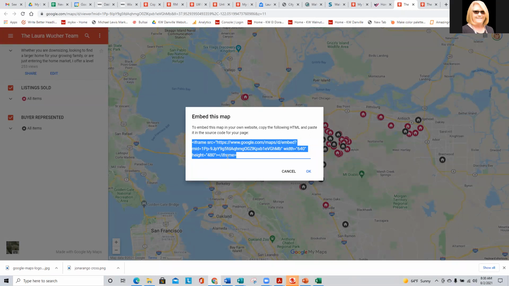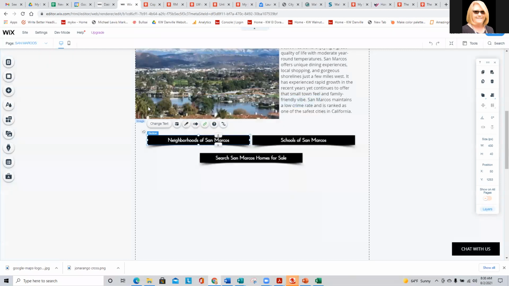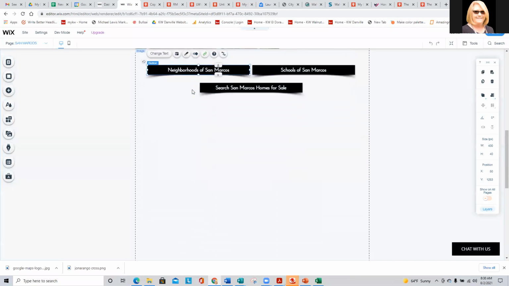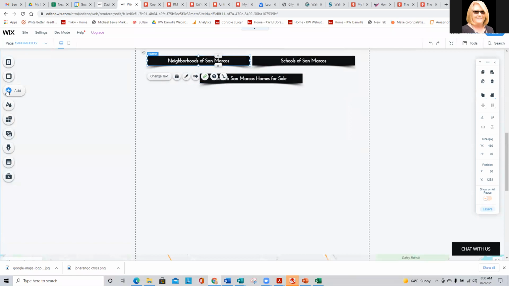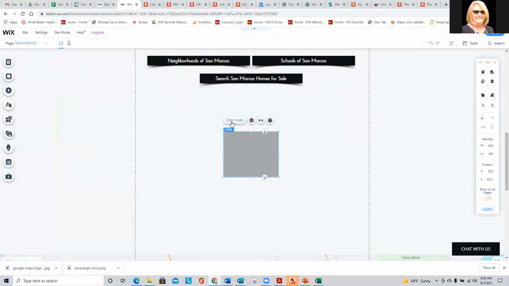Since we're doing that right now, I just hit Control-C for copy. And here I am on a city page in a website. To add that to my website, I'm going to go over here and hit add, and I'm going to go down to embed a widget, enter the code,